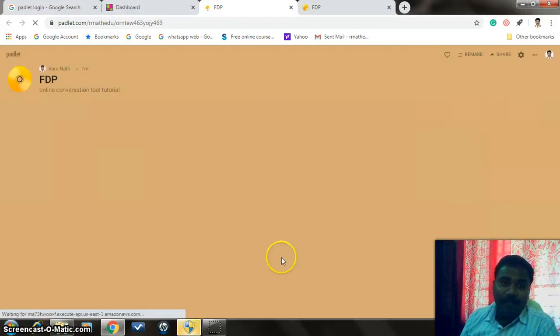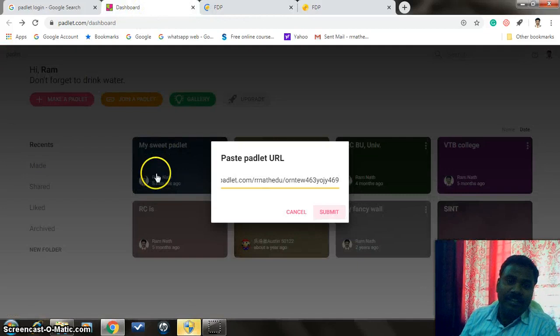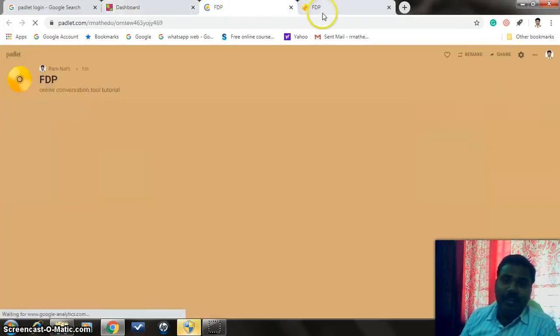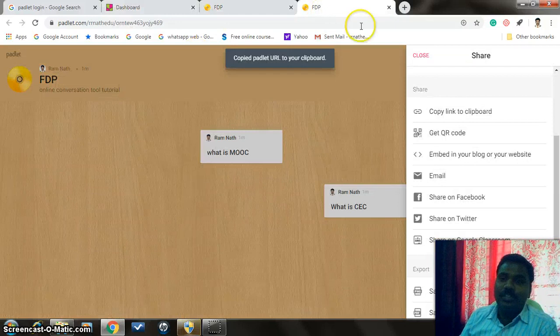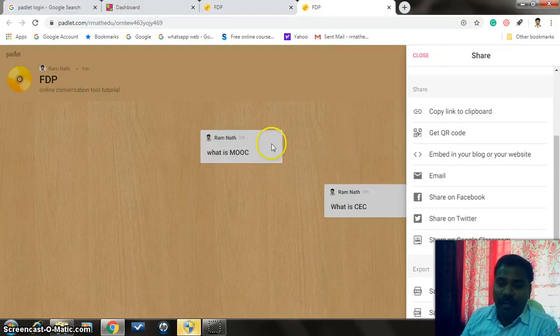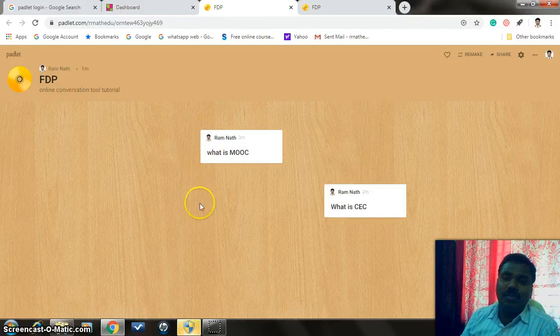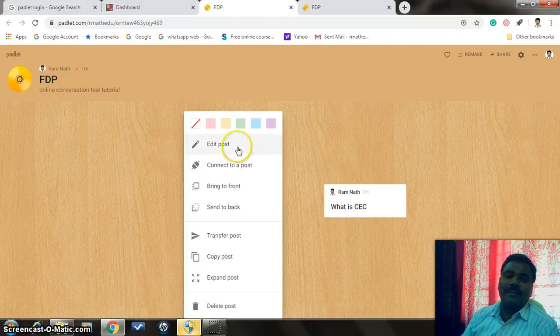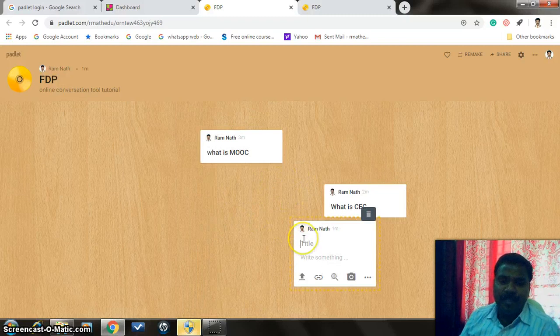Now a wall has appeared to me. You can consider that he is a teacher who is hosting the tool, but I am a learner here. So this is the host, I mean the teacher's wall, and this is a student wall. Now the student wall is open. Now you can use the cursor. You can right click, and if you want to edit a post, send, everything can be done. Now I can give an answer.